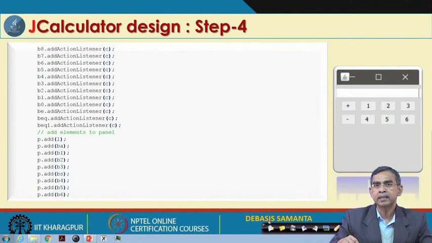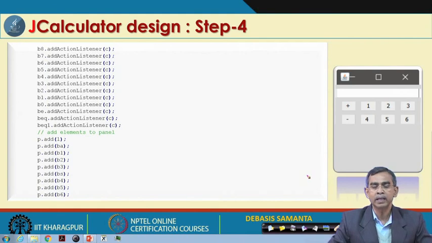My suggestion is that you just do one step and then run it, and check how it is going on. Usually if you do everything together, you may not find out how it is working. So, first create the button, complete it, run it and see the output. Then add buttons, run it, see how it is coming, add the text field, run it, and see. So, if you do it one by one, you will get a good feeling of how it is actually working for you.